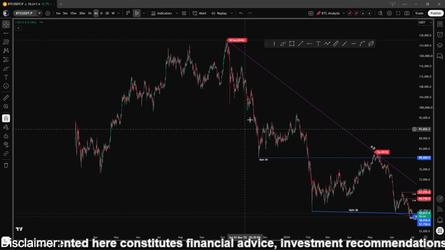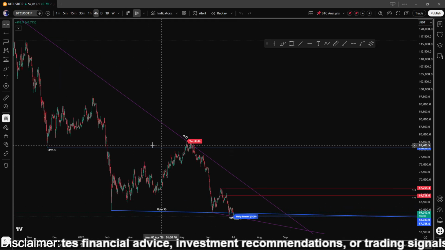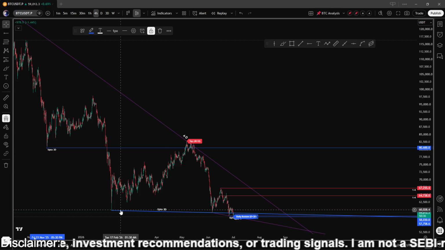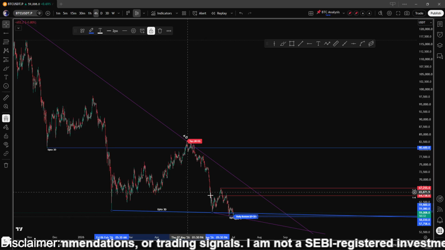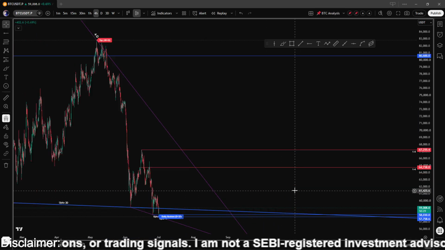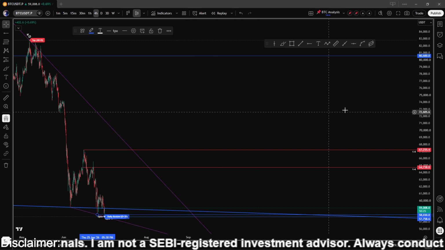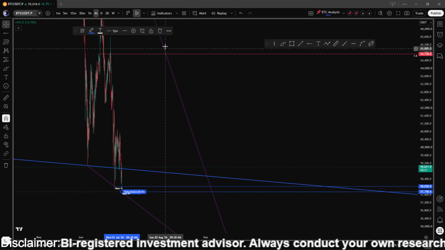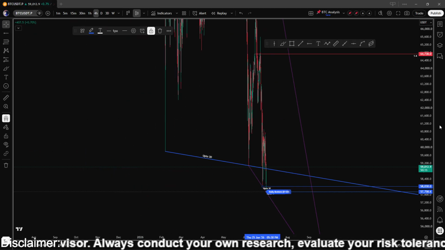So what I did is I have outlined these levels, and you can do the same in your chart. Once you do this, just sync it in your chart, not global, only chart specific. Sync in chart, and then sync in chart, and lock it. What this will do is